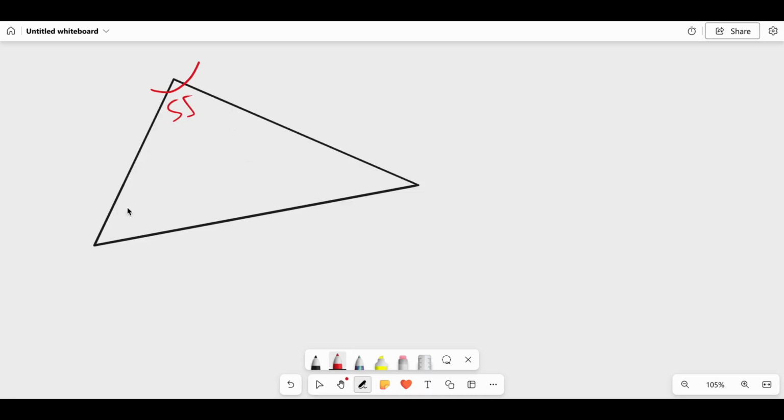Let's say that this is the side that we need to find, and let's say that this is 15 and this is 14, and we need to find this side. So using the law of cosine, we have